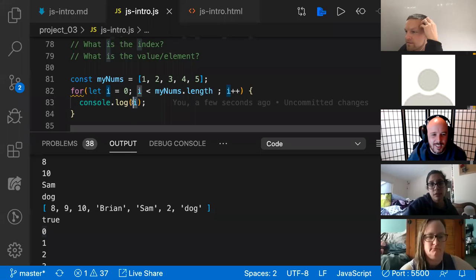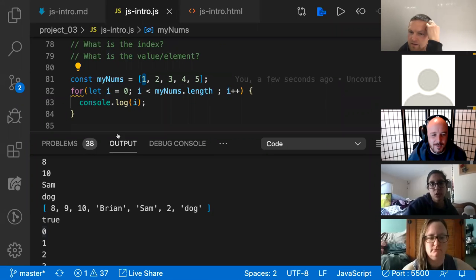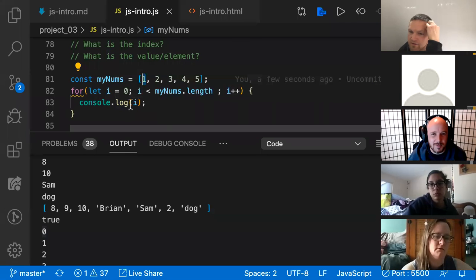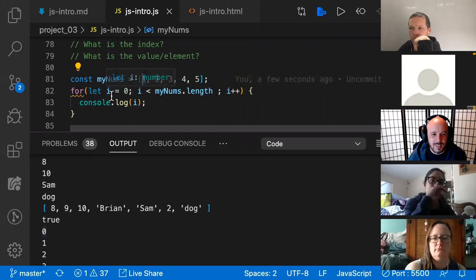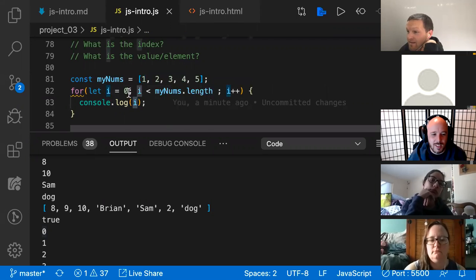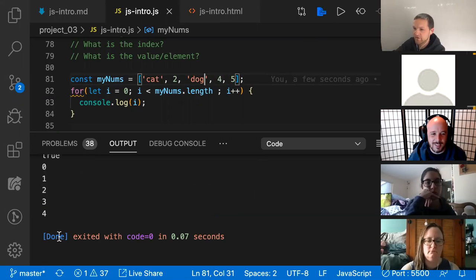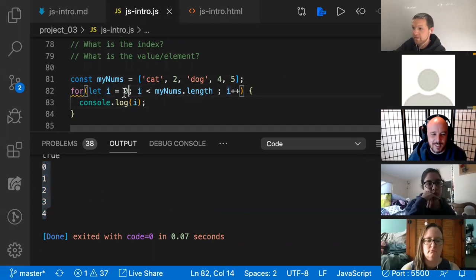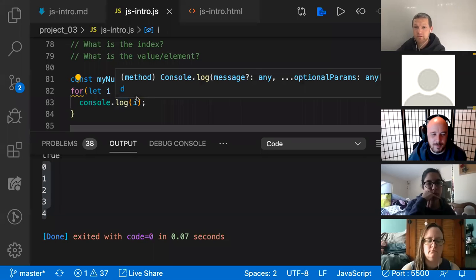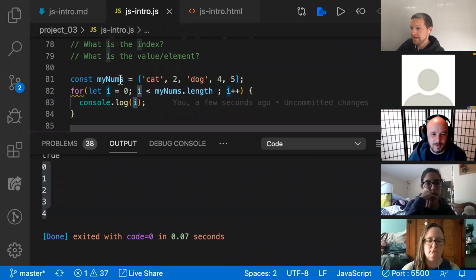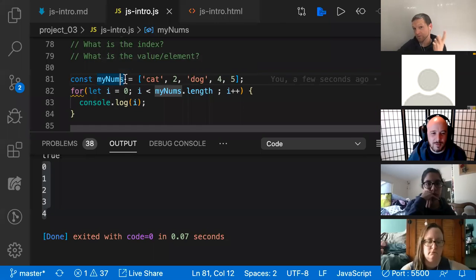So what is this, Patricia? What is the I? Is it this in here? No, it's the I plus the array. So I, in this case, is this number here. It has nothing to do with these. We could call these cat, dog, whatever. It has nothing to do with these numbers there. These are just numbers. It's this number that we are incrementing on each pass. So what we are logging out is the index of the array, not the element in the array at that